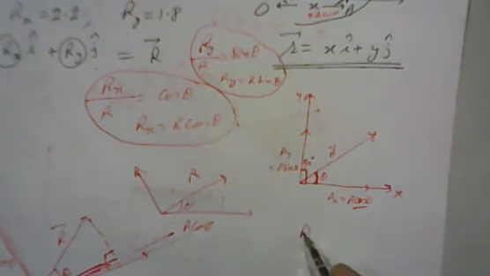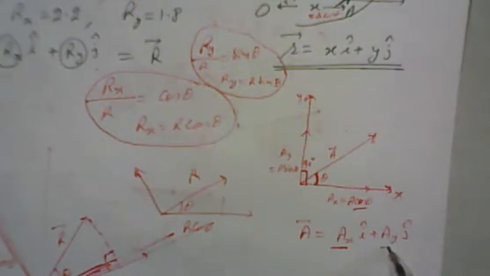So these are the rectangular components of a given vector. A vector is equal to ax i plus ay j. So this is the magnitude, this is the vector. We can say ax vector plus ay vector also, because i and j are unit vectors, so we can write ax magnitude into the unit vector plus ay into the unit vector. Therefore ax and ay are the magnitudes, and these are the rectangular components in the x direction and y direction.